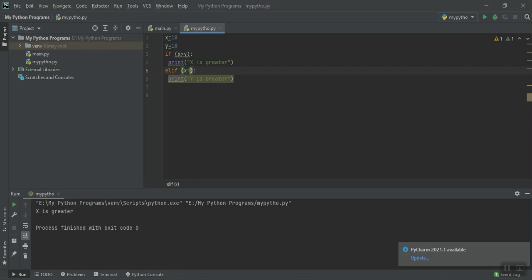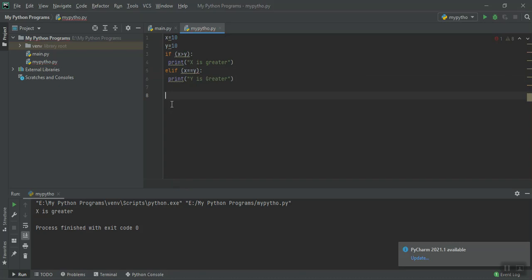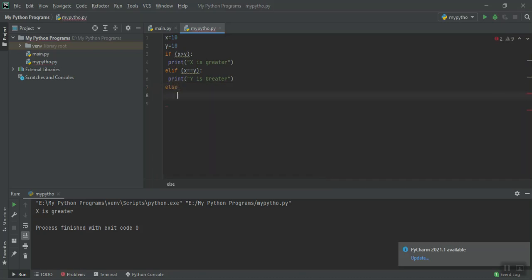So x is equal to y, then you have to go with this. x is greater than this, and else if this, else, ladder if, else print not in greater. Y is greater; here both are equal.